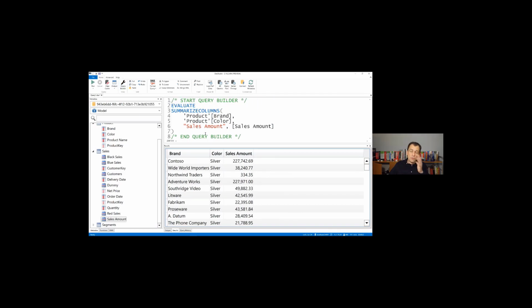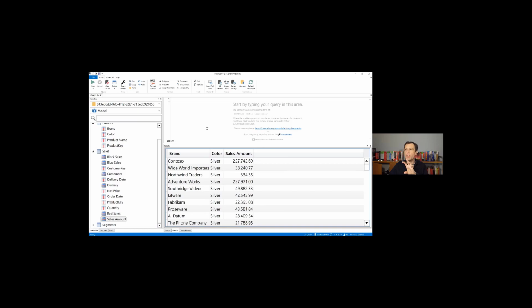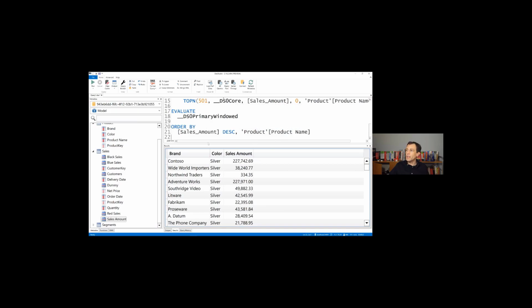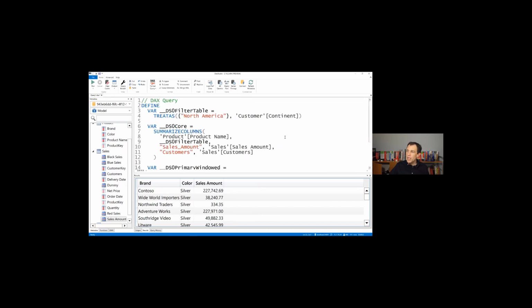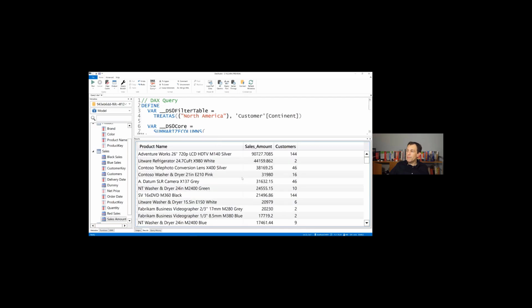Now, DAX Studio can do many things, but in our case, if you remember, I copied in the clipboard the content of the DAX query that was used to populate the matrix. And if I paste the code here, this is the code that was executed to populate the matrix. I don't go into describing the code now. I just want to show you that if I click run, I execute this code, and this is the result that was sent to the